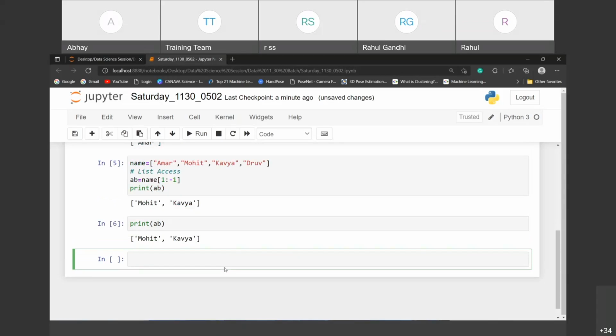Whenever you are accessing a list, accessing is nothing but fetching the items from the list. When you fetch, you are storing it into a variable, so that variable you can use anywhere in the program. That is nothing but accessing. Many times some people are not using that variable, because they directly want the answer and are not going to take it anywhere else. So it depends. The situation always matters, with the variable or without the variable.